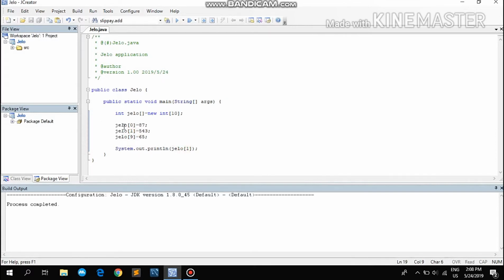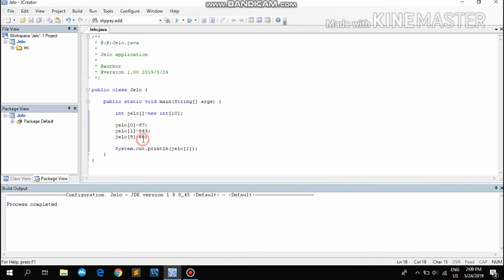So first, let's type Jello with index 0, and it will be equal to 87. Next is Jello index 1, which is equal to 543. And then we can also use Jello index 9, and the value of it